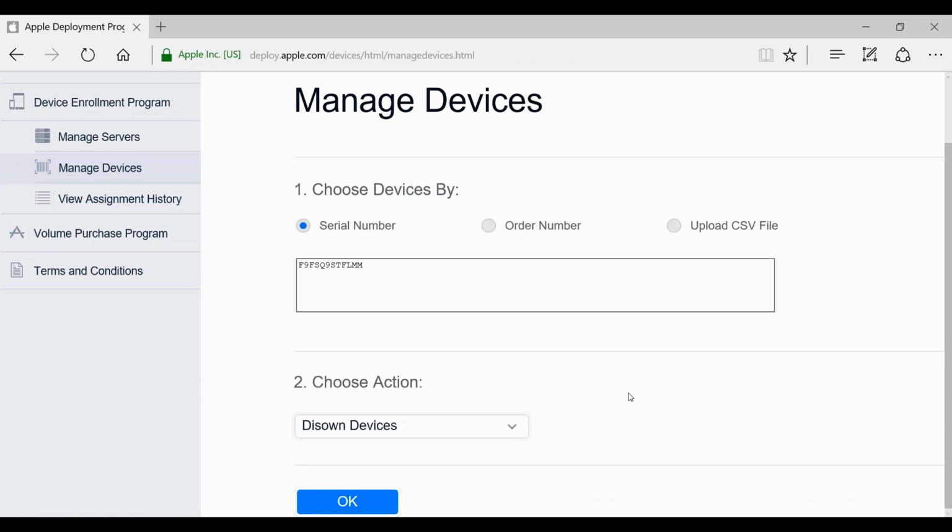This will remove the device from your DEP listing, and then you won't see it again in your DEP. And actually it also mentions that you cannot even add it back to this DEP anymore. So you cannot get it back if you one time remove it. So it doesn't support buying back the device anymore. Okay. Good to know.